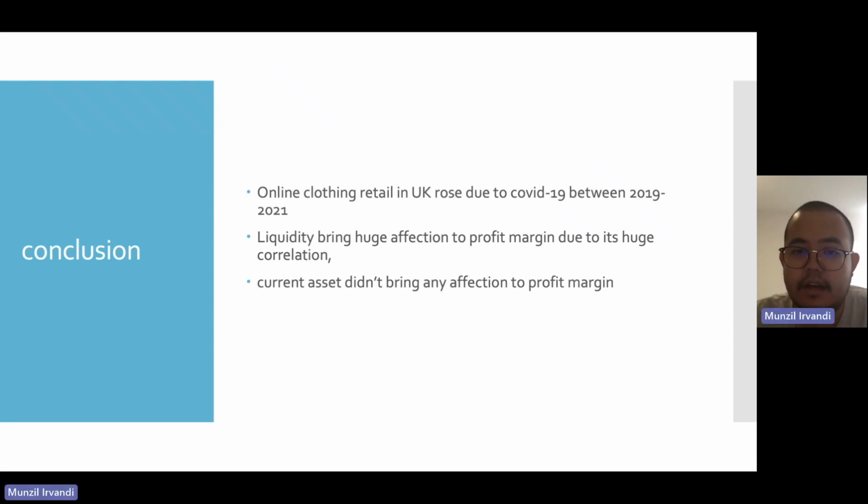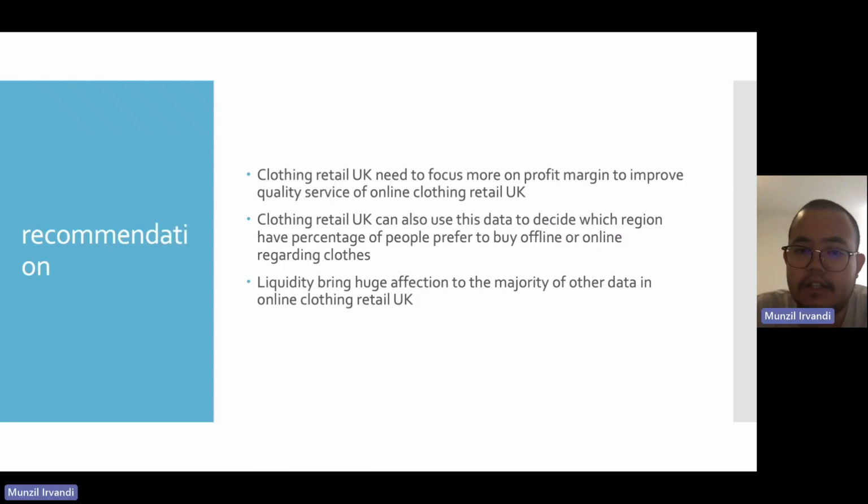So for the conclusion, online clothing retail in the UK rose due to COVID-19 between 2019 and 2021. However, after that, people started buying clothing offline again, which reduced every data point for UK online clothing. Liquidity brings a huge effect to profit margin due to its huge correlation, and current asset didn't bring any effect to profit margin. For the recommendation, clothing retail in the UK needs to focus more on profit margin to improve the service quality of online clothing retail UK, because profit margin compared to the others is the one that mostly brings effect to